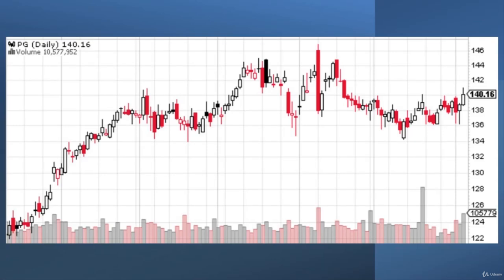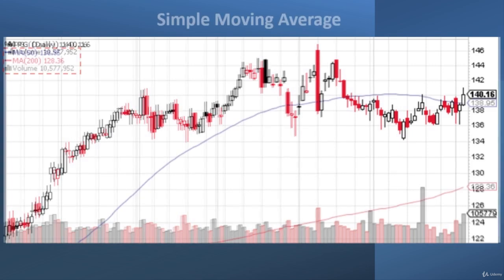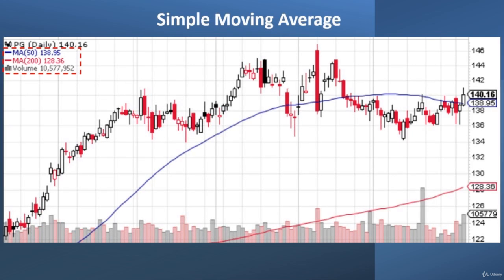So let's say we want to see a simple moving average. What would that look like if we applied it to this price chart? What you do is you input some data into your platform. Very easy. You just have to choose what moving average you want, and input the time frame. In the upper left, I've inputted a simple moving average of 50, that would be 50 time periods. Let's say they're days, so that would be 50 days. And I put another one on the chart in pink for a moving average over 200 days,